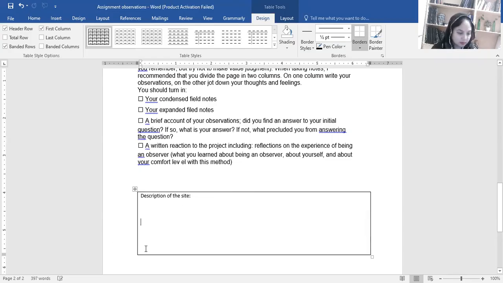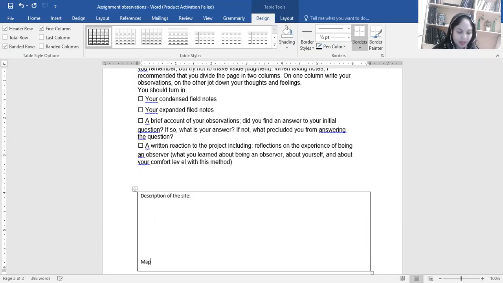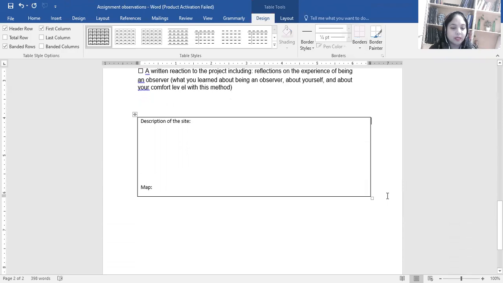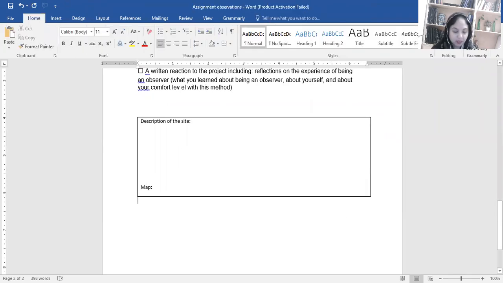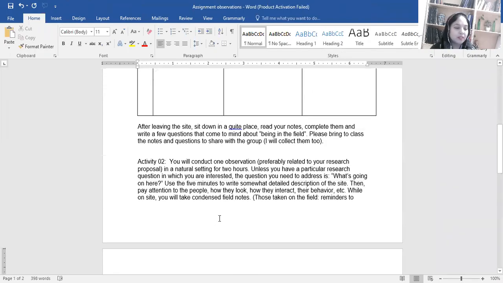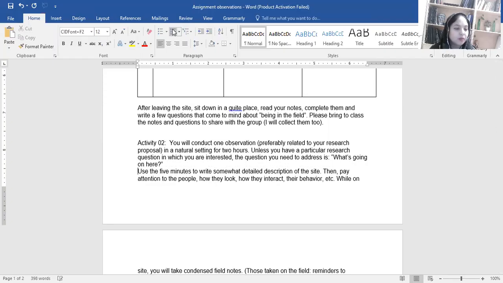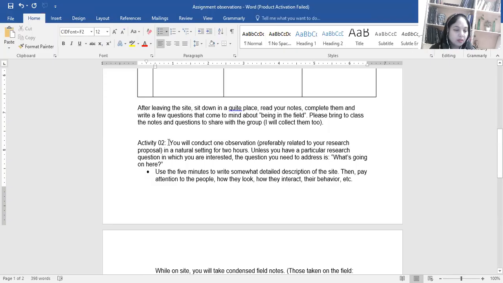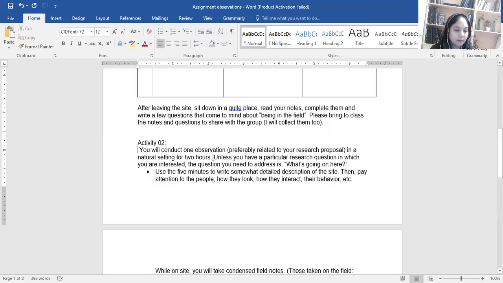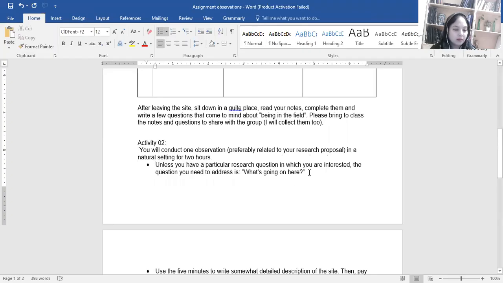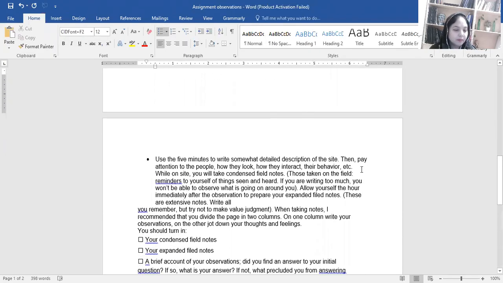और यहाँ पर आप मैप बना लेंगे। अब मैं देखती हूँ कौन कितना क्रिएटिव होता है फॉर दिस थिंग। ठीक है जी। देन और दिस मस्ट बी अ वेरी इंटरेस्टिंग एक्टिविटी, दिस इज ऑल रिलेटेड टू योर रिसर्च। ठीक है जी। तो आप डिस्क्रिप्शन लिखेंगे कि व्हाट इज गोइंग ऑन। यूज द 5 minutes टू, ठीक है जी। देन